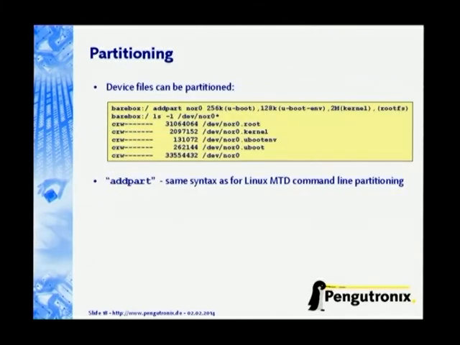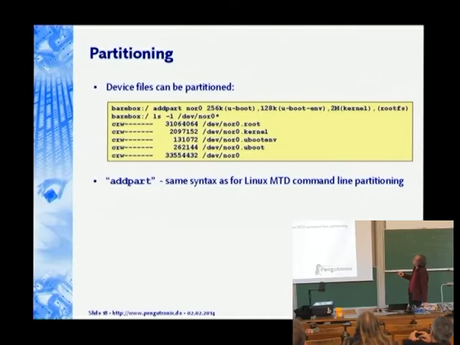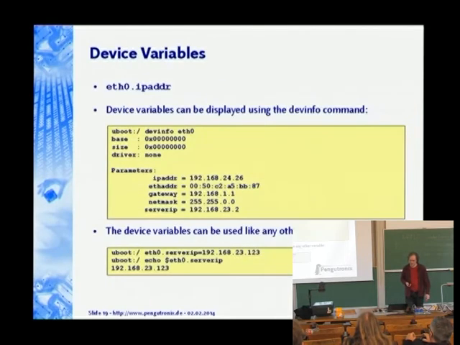It's quite comfortable. It's also possible to add partitions. When the kernel starts, it usually needs some idea about how your flash is partitioned, NOR flash, NAND flash, all these things. And we have an addpart command in DevOps as well, and you can just give it a string here which specifies the layout of partitions, and DevOps is able to access that, and it's exactly the same syntax like what the kernel needs. You can just take that over to the kernel command line and continue there. Quite comfortable as well. Another interesting concept is device variables.